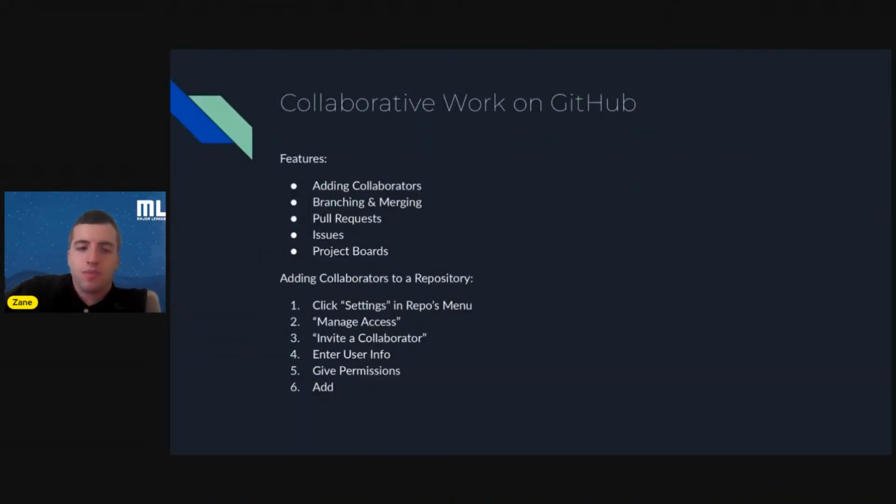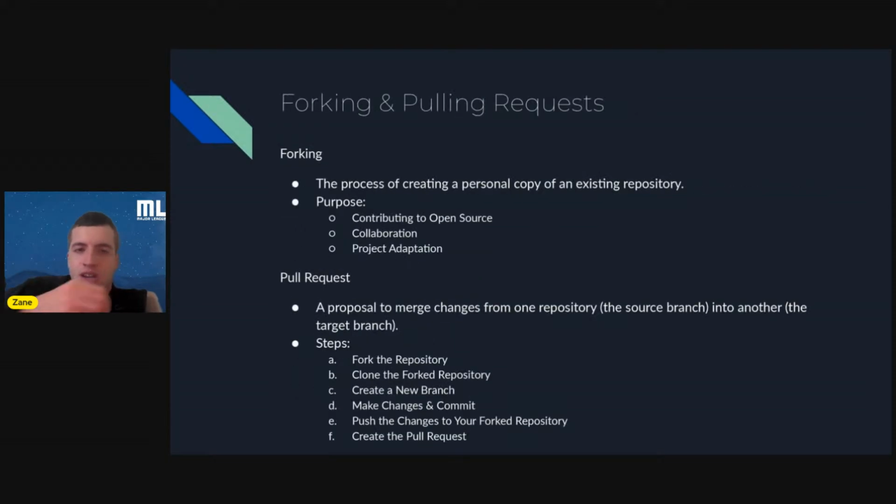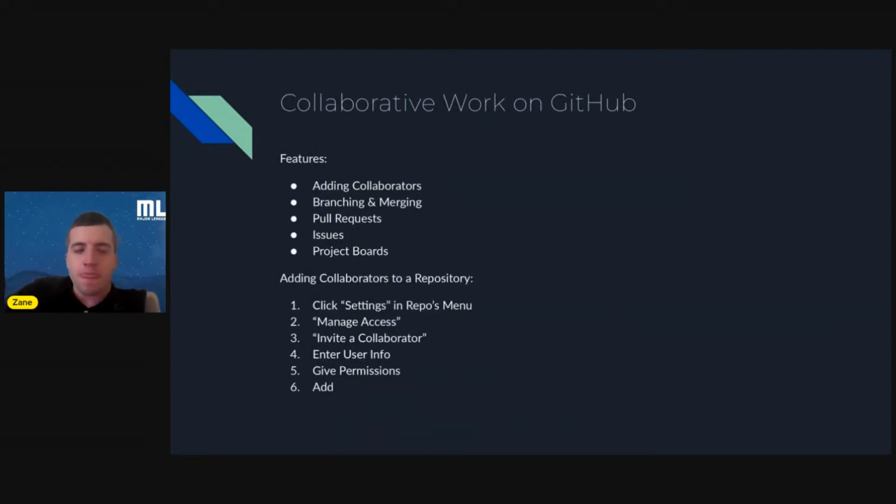So that is the basics of collaborators. Branching we already talked about, merging we've talked about. Pull requests we haven't delved into too much at the moment. I'm pretty sure I have a dedicated slide for that. Yeah. So we'll go over pull requests and everything associated with that in just a moment. Issues we've seen. Project boards is actually a feature that I haven't looked very much into, but apparently,